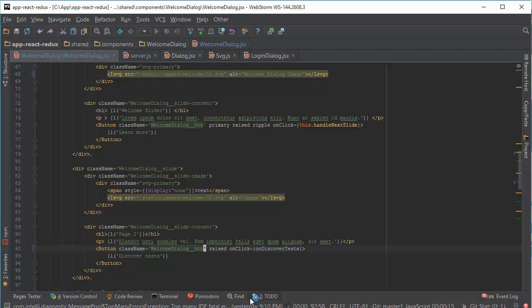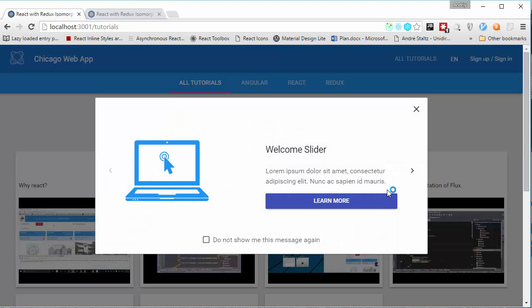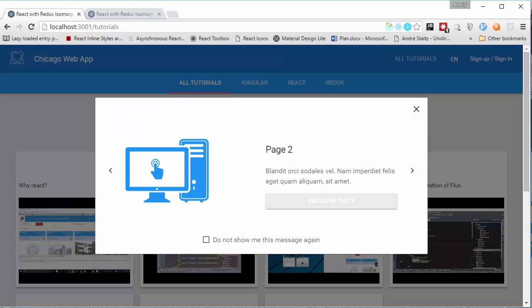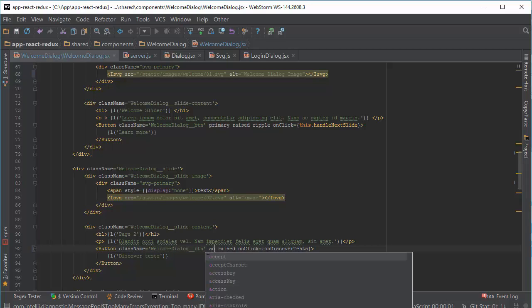If I remove it from the second page and reload, now it will not work correctly because I need to set it explicitly, accent.